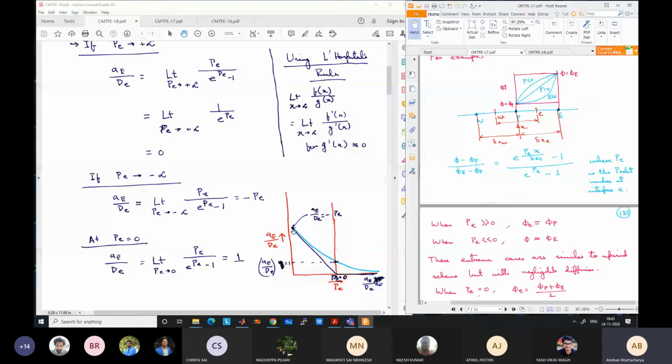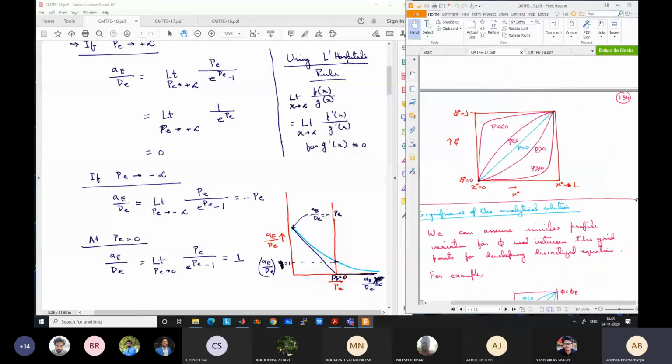And if Peclet number is negative, minus of Peclet number is positive. So basically AE has a very strong positive influence on the grid point P. Okay. The same conclusion can be reached if we had drawn AW by DW. We could have done a similar analysis based on the